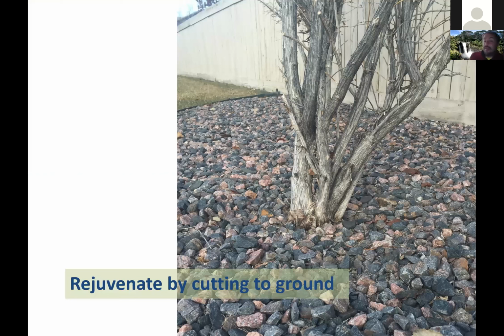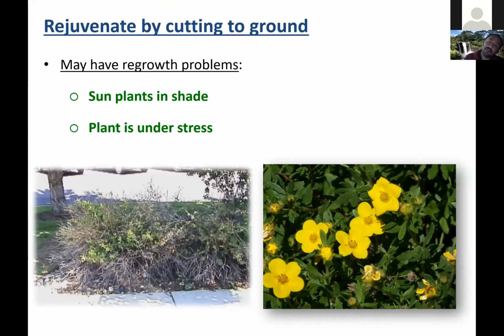It will also not fix problems that aren't related to being overgrown. Like these potentilla really look so crummy because they're growing in the shade. They're a full sun plant. So there's a tree behind there that is now covering them. They probably got more sunlight when they were younger, and now they're getting shaded out. Rejuvenation won't fix them. You need to pull those out and replace them with a more shade tolerant plant. The same thing would go for drought tolerance. If you have a shrub that's looking bad because it's not getting enough water, rejuvenation is not going to bring it back.